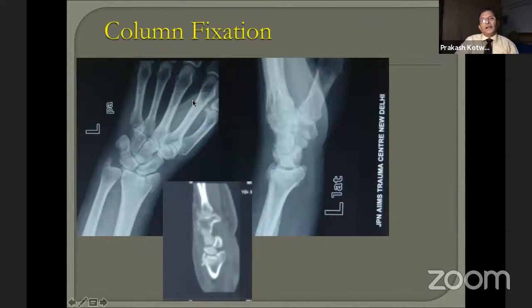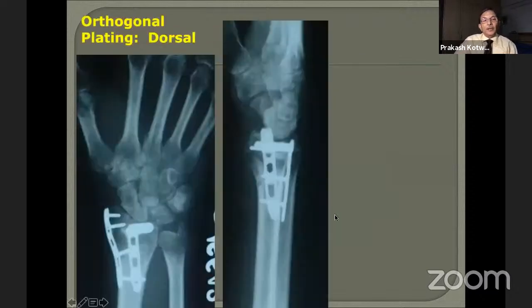So this is an example of a column fixation. You have a fracture of the radial styloid. Then there is a fracture of the die punch, which we were just talking about, and a comminution on the dorsal side. So there is involvement of more than one column, and this requires column fixation. Therefore, one plate on the dorsal side to fix the comminution and correct the die punch fragment, as I said earlier in one of the slides on indications,